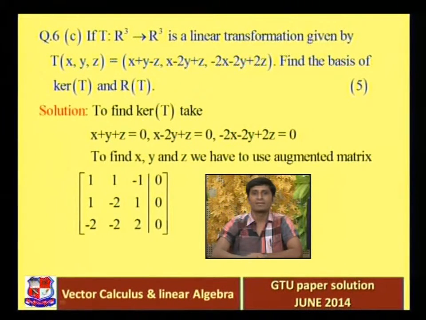To find x, y, z, we can use the augmented matrix, because we have 3 variables and 3 equations, so it's quite easy to solve using the augmented matrix method. So the first row is the coefficients of x, y, z from the first equation: 1, 1